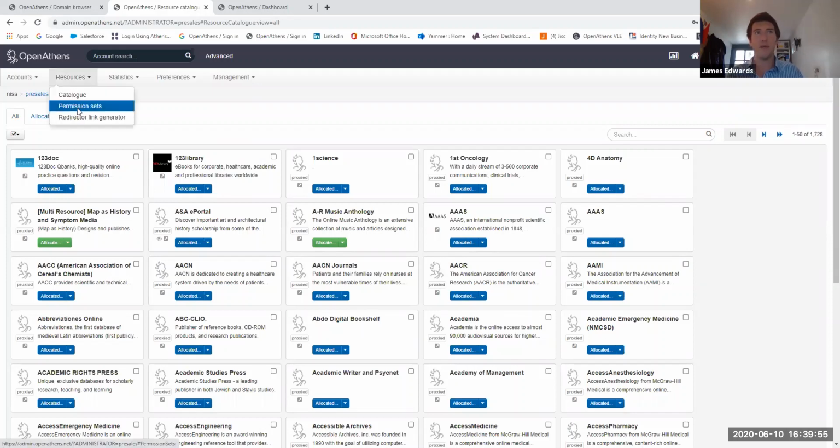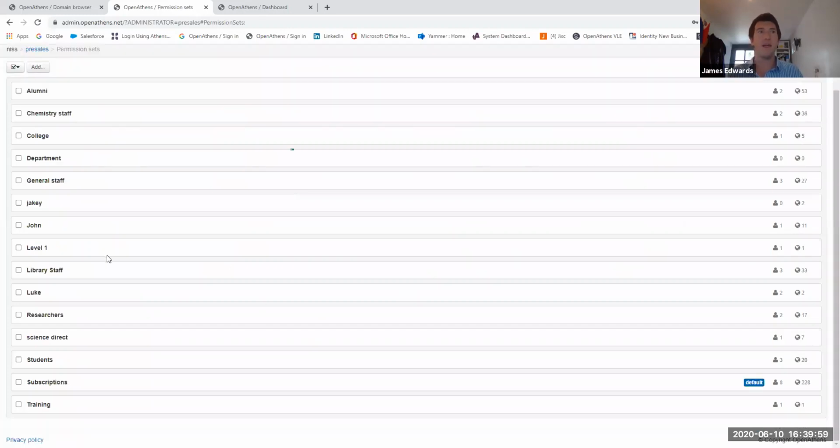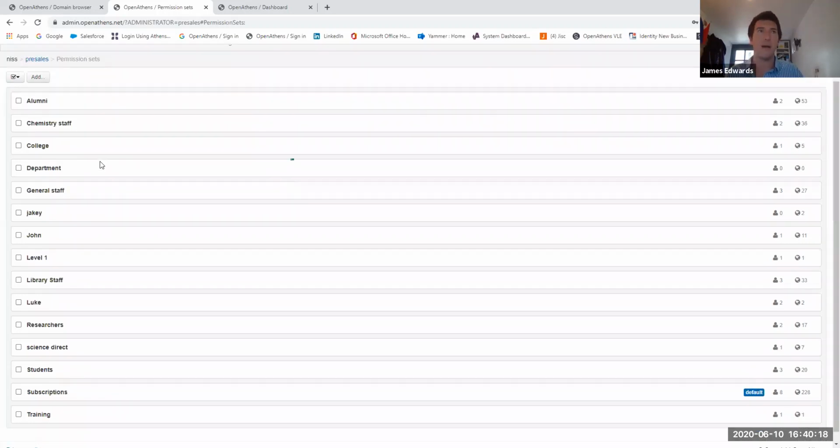Also from here, I mentioned the permission sets creating. So we've got a number set up here already. If you wanted a new one, you would just give it a name, and then add the resources to that group, and then also add the users to it as well. We can look at ways of automating that using the user attributes. But the tools and functions are in here to create, and you see many have been created on this demo account.